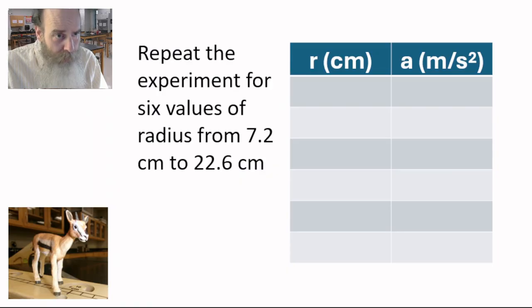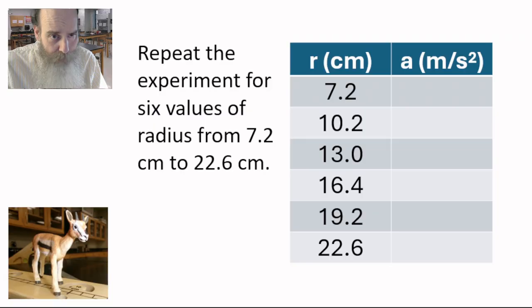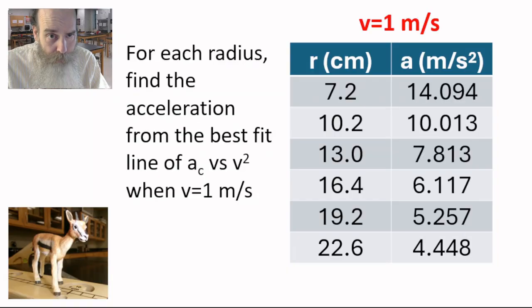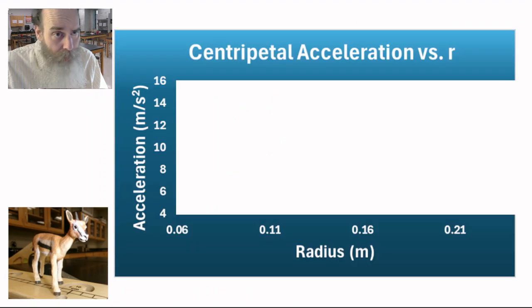So the experiment was done for 6 values of radius from 7.2 centimeters to 22.6 centimeters. Those are the values. And for each radius, we found the acceleration as I described when v equals 1 meter per second. And here's what we found. You can see that as r increases, the acceleration decreases. So to see how acceleration depends on r, let's plot acceleration versus radius. Here's what we get